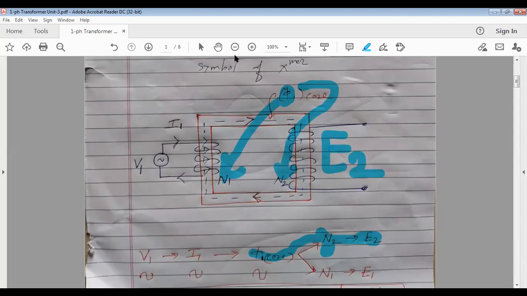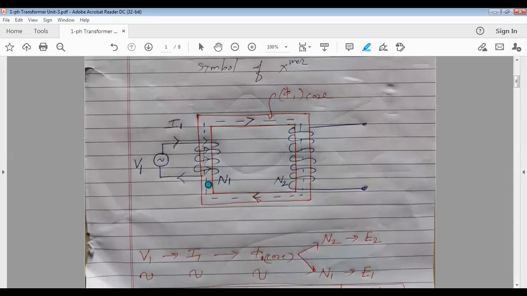No, ma'am. Why not? See, flux is flowing through this limb and on this limb the primary winding is wound, so this changing flux, which is completing its path through the core in clockwise direction, see this. This changing flux through the core, it is flowing in clockwise direction. Is it coming in contact with N1 number of turns? Yes, ma'am. It is coming in contact with N1 number of turns also.